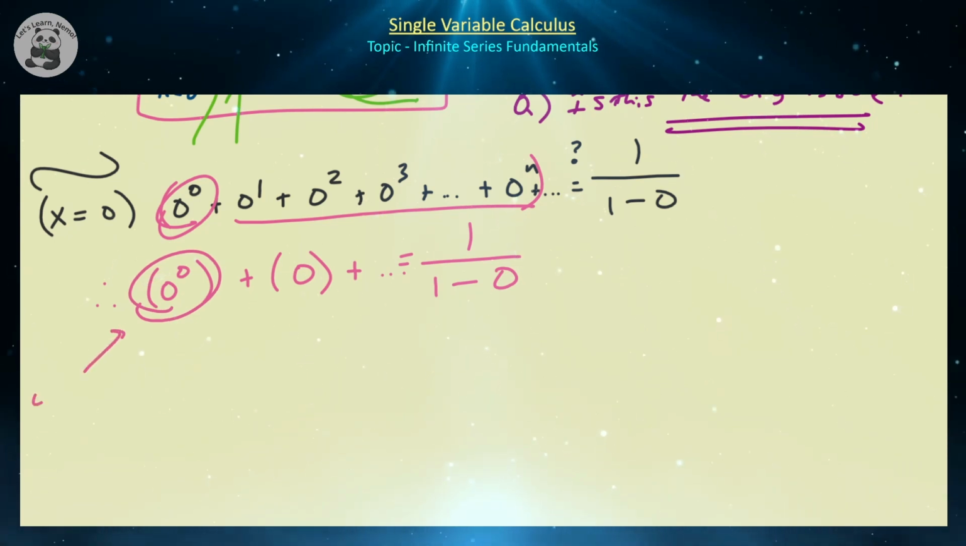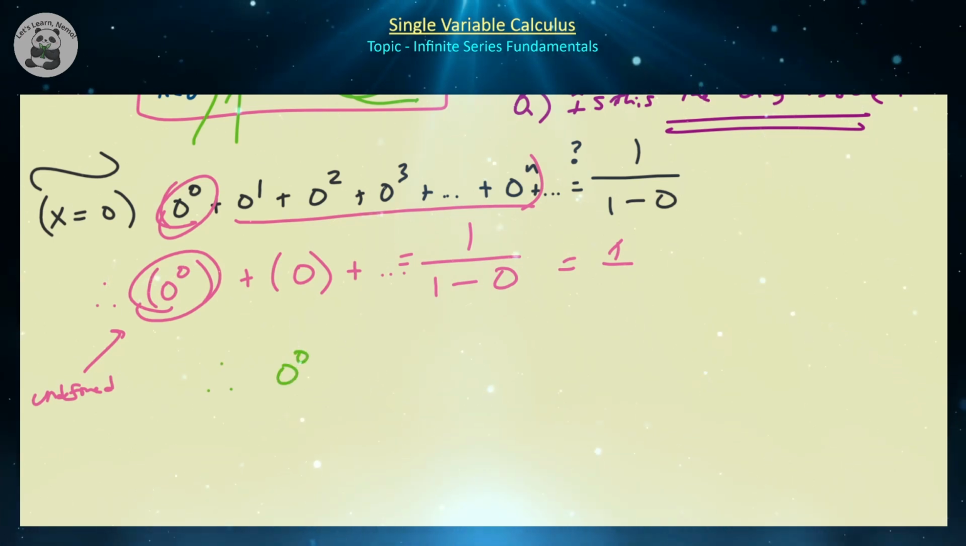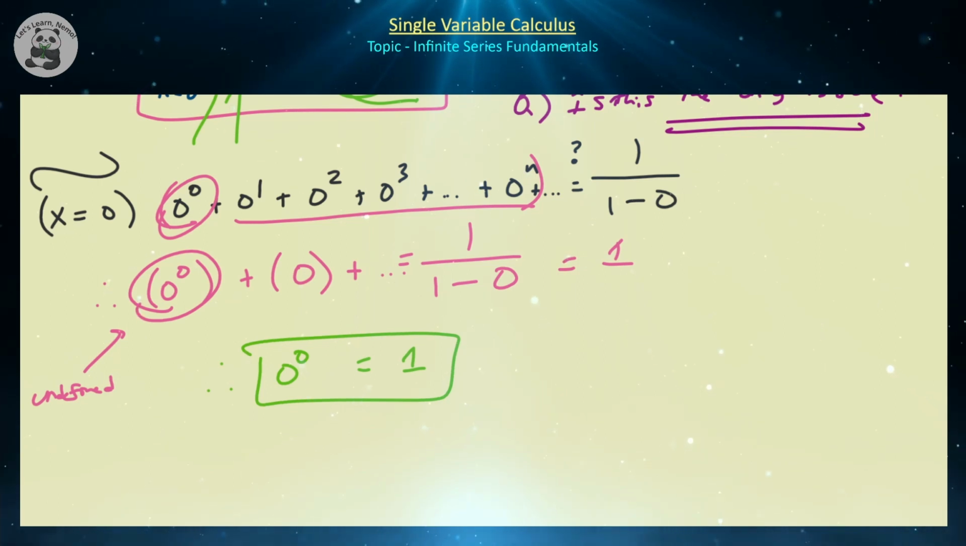So if it does converge, well, what is 0 to the power of 0? Well, that's technically undefined, and undefined plus 0 is still undefined, but the right-hand side is just equal to 1. So we have that 0 to the 0 power must be equal to 1 if we were to define it, right? But keep in mind 0 to the 0 cannot be absolutely defined, so we can define 0 to the 0 to be conditionally defined